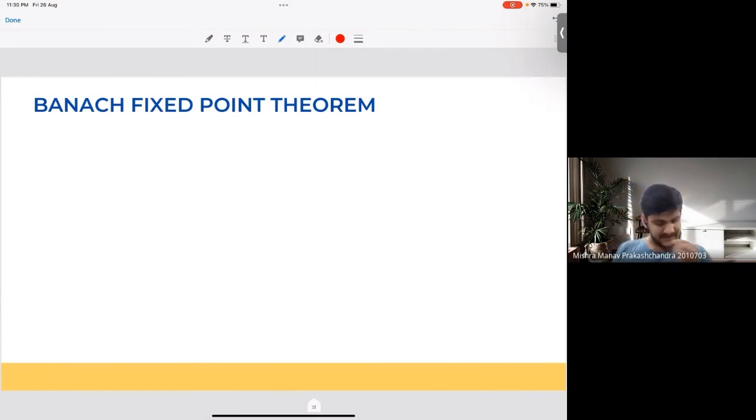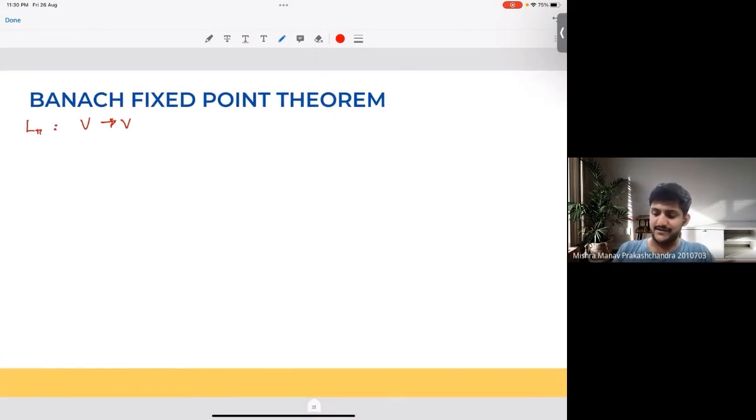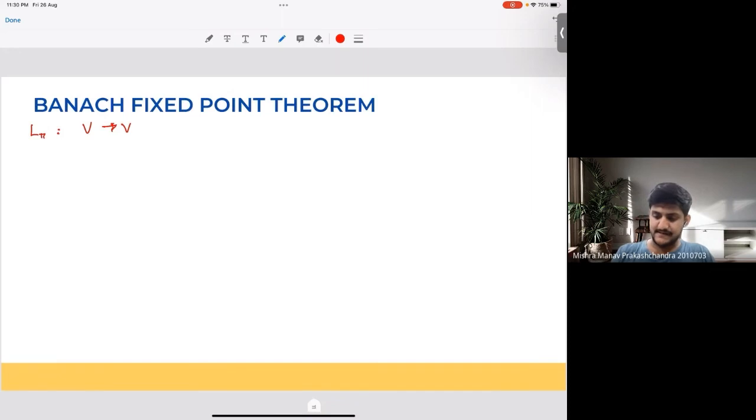Okay, so before that, I should probably define what I mean by the L pi operator. So the L pi operator is a mapping from my V space to the V space. My V space is the space of value functions, and the L pi operator looks like this. So if I operate it on the value function, this is the R pi, the current reward that I get,